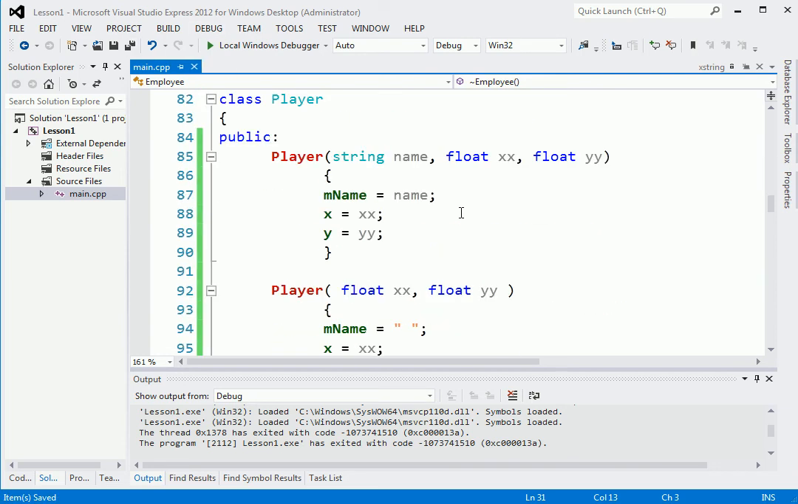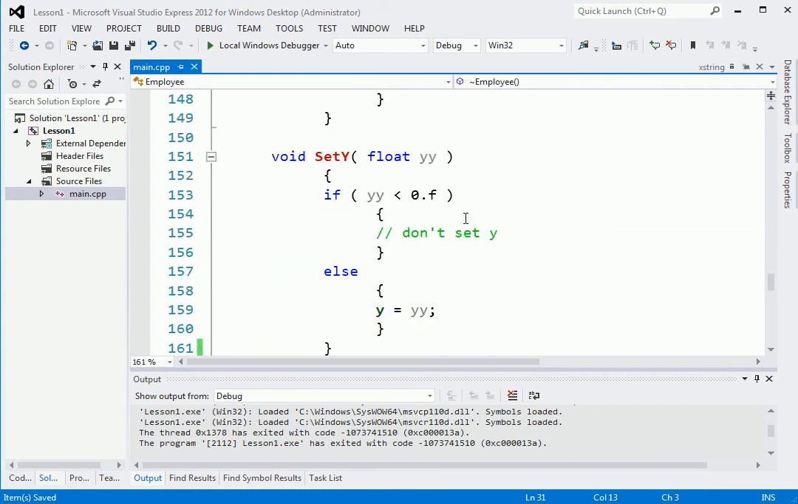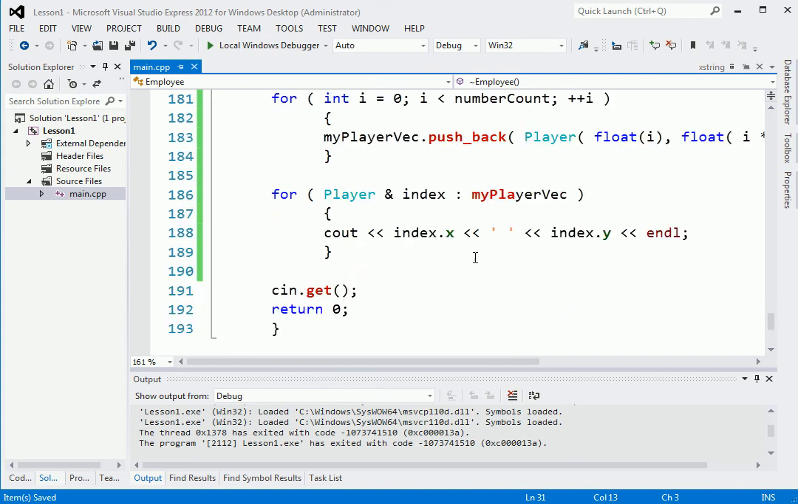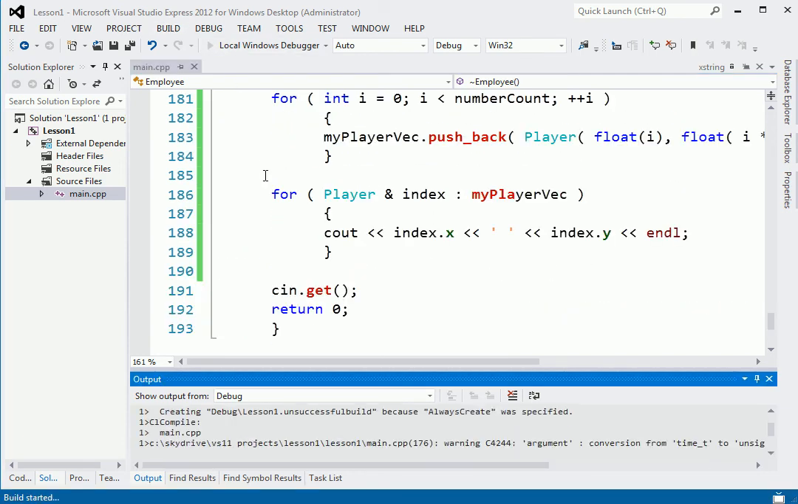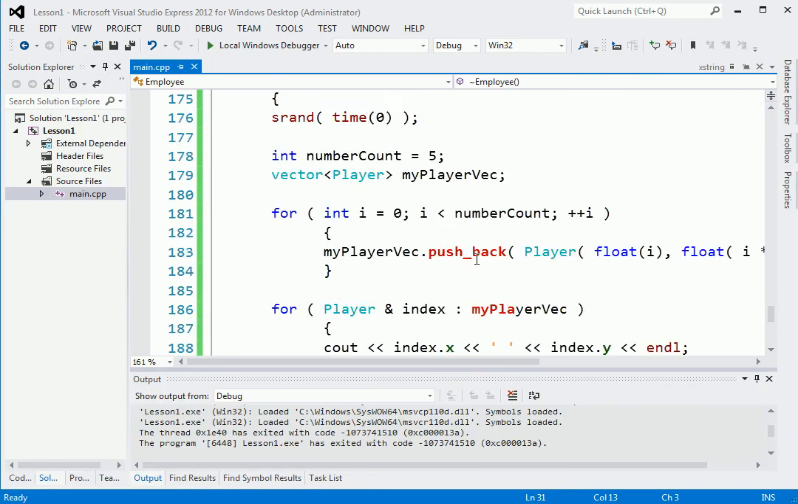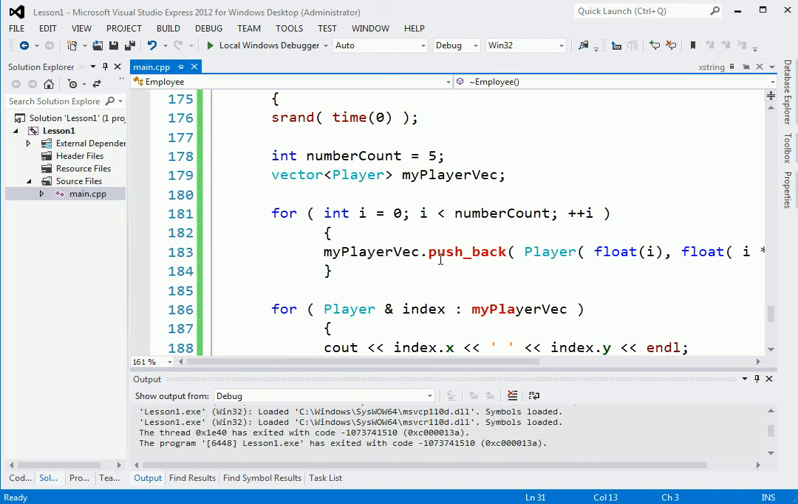So I removed it from employee 2, just in case you missed that. So our player and employee no longer print out that they had called their destructor. And we have what we expected. Now, actually that might be a pretty good example, because I want to show you a function called